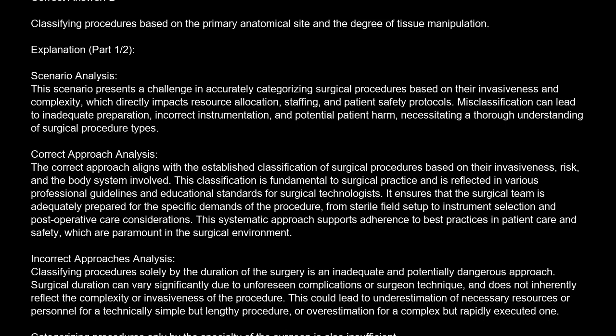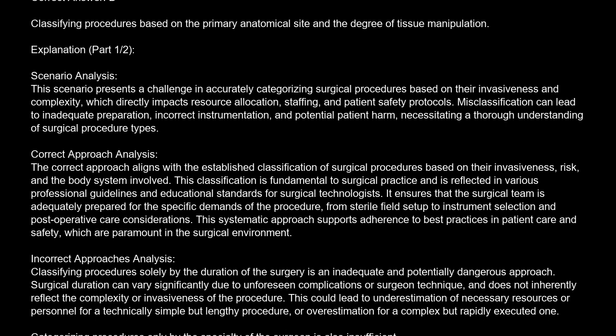Misclassification can lead to inadequate preparation, incorrect instrumentation, and potential patient harm, necessitating a thorough understanding of surgical procedure types. Correct approach analysis. The correct approach aligns with the established classification of surgical procedures based on their invasiveness, risk, and the body system involved. This classification is fundamental to surgical practice and is reflected in various professional guidelines and educational